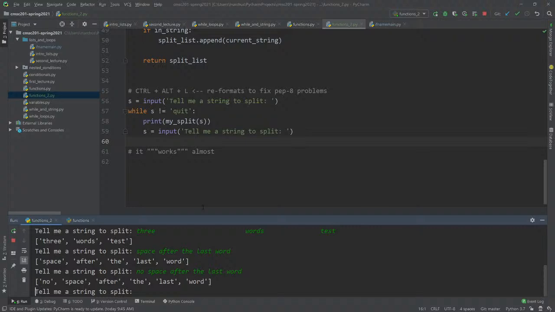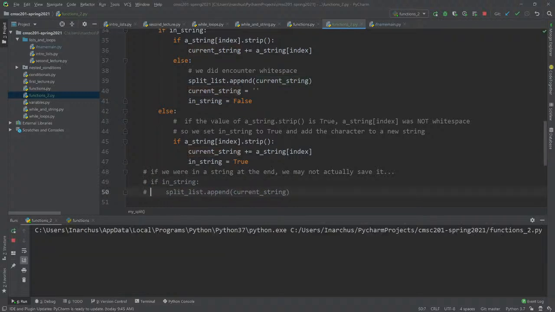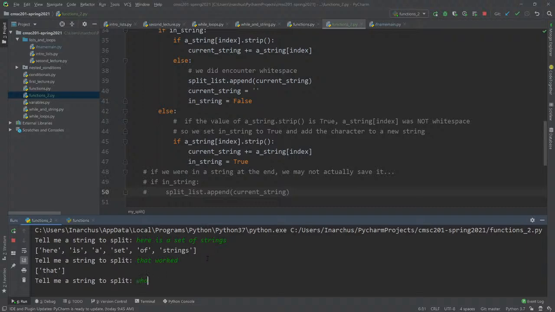The reason it's important is this line, this little exception here. If we didn't include it, then if we had something like, here is a set of strings, and we put a space here, enter, see, that worked. But if I say that worked, then you see, oh wait a second, what happened to worked?